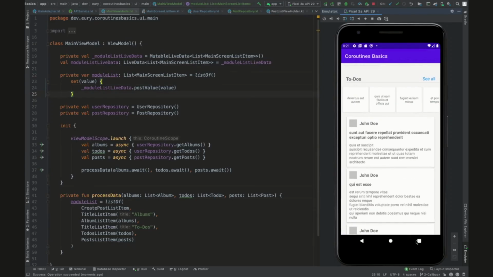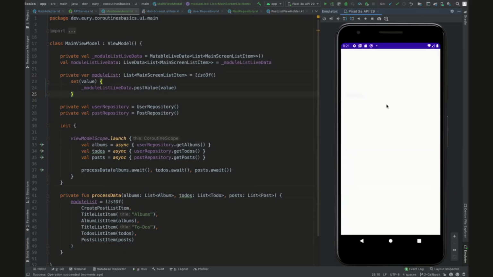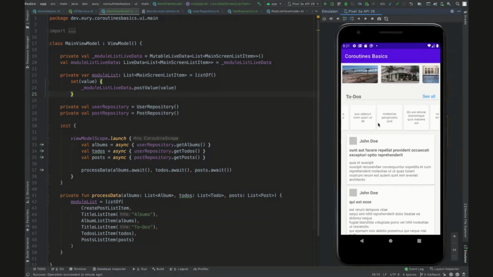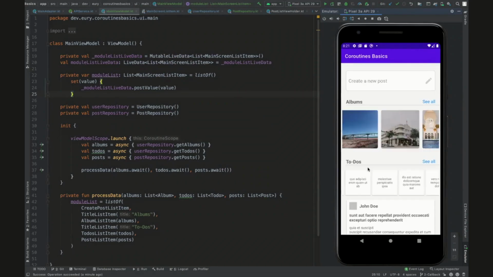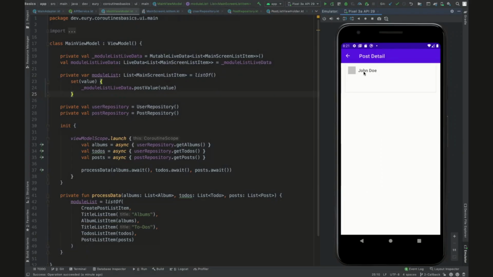I will just close this and reopen it so you can see it again. It loads really, really fast. As you see, it takes less than a second or a second to load everything. So it makes a call to load the albums, makes a call to load the to-dos, makes a call to load the posts, right? And now let's implement the post creation and